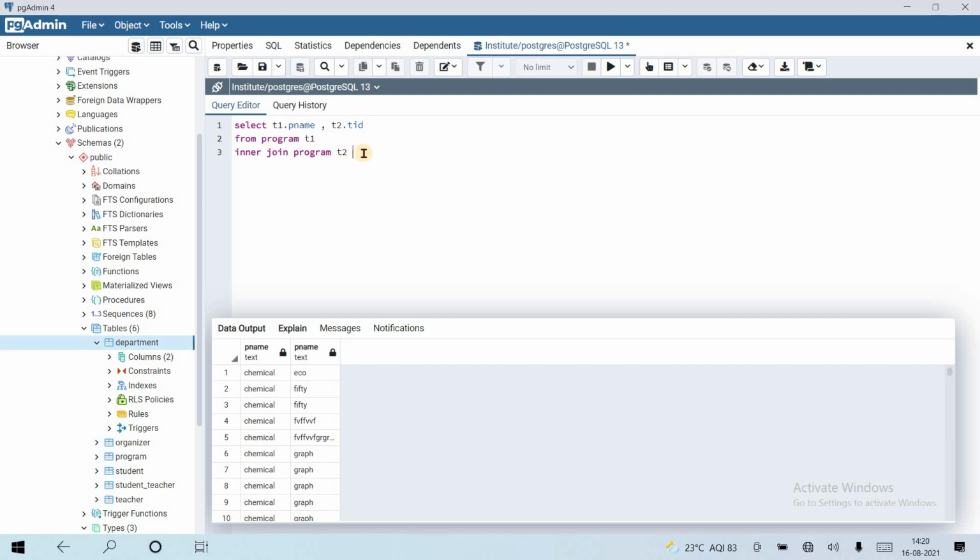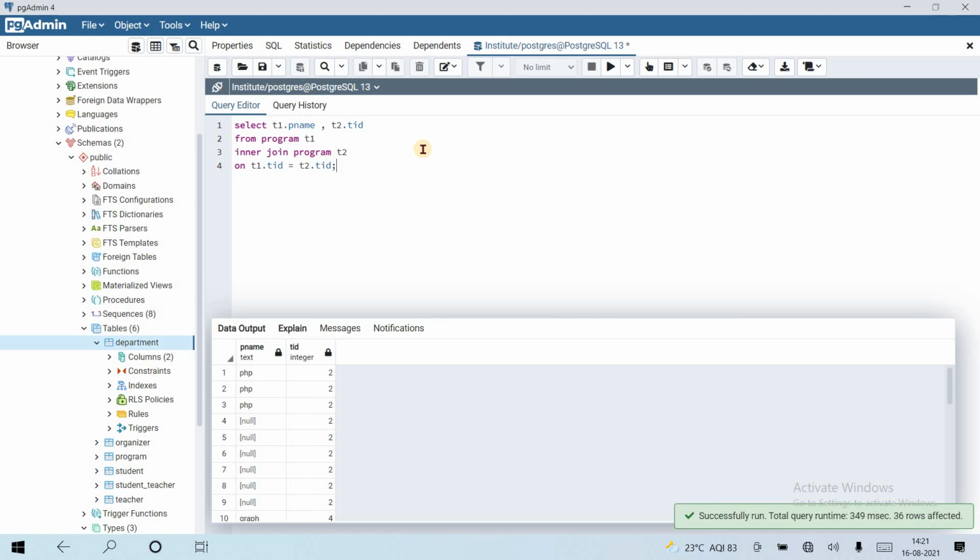So we want all teachers, so TID and program name and program, okay, first done, all done. Now connect the tables using on or using. So suppose T1 dot TID, let's match the TID column, T2 dot TID. That's it, easy. Let's run the query. We can see that all works fine. Name and TID are coming there.